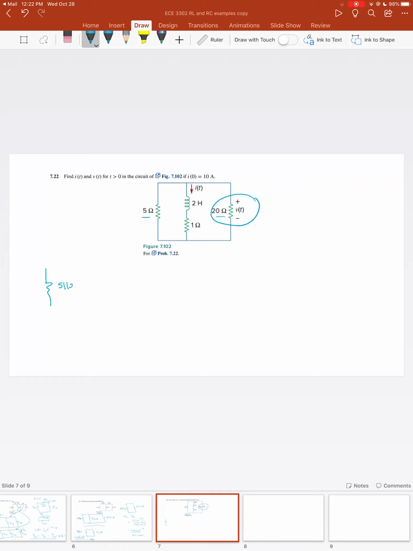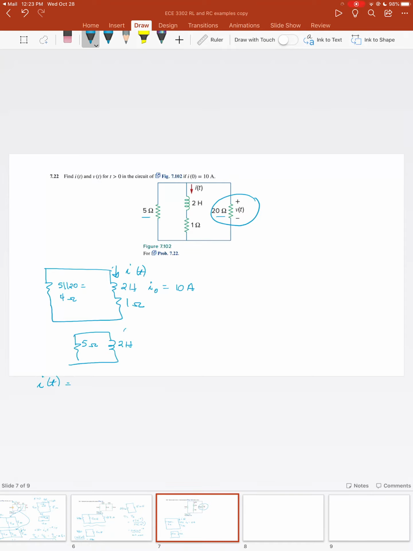So I'm going to combine the 5 and the 20 because they're in parallel. So this is 5 parallel 20. If you do that, the result is 4 ohms. I then have 2 henries. I have I of t. I have I at 0 is 10 amps. And I have my 1 ohm. So now you can see everything is in series, so the 1 ohm and the 4 ohm add. I'm left with 5 ohms